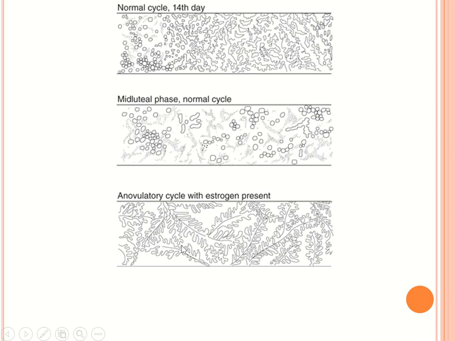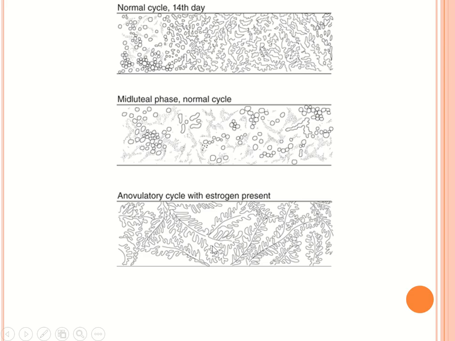But if a female is not ovulating, one of the tests they do is take the cervical mucus, spread it on a glass slide and stain it. If you can see a fern-like pattern, like a green grass kind of pattern, then it means estrogen is still very high. This fern-like pattern is seen under the influence of estrogen. Estrogen we see during which phase? In the proliferative phase. After ovulation, what should have happened? Progesterone should have been produced, and progesterone leads to dissolution of this fern-like pattern.